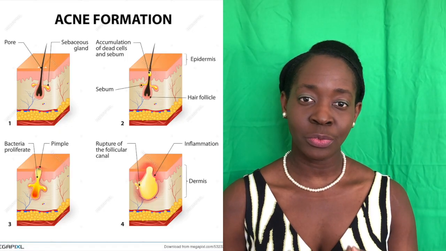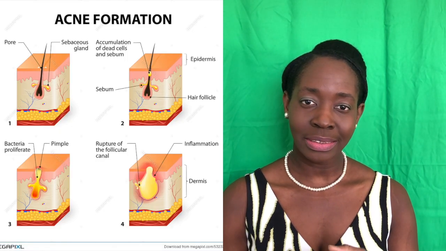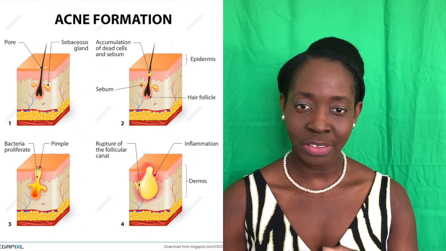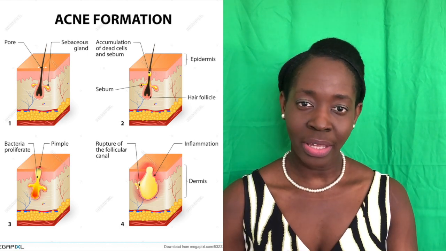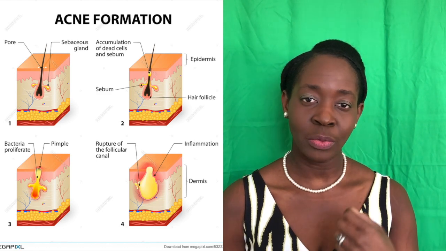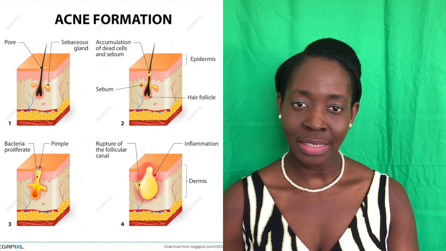Now in episode 1, we also looked at how your skin continues growing new cells all the time, and the old dead skin cells fall off or they shed off the surface of the skin. What happens with acne is that the skin that is being shed off is not completely removed off the surface, and then you've got the sebum producing the natural oils, which then clogs the skin cells that have not been shed off the surface of the skin, causing a blockage, which can then develop into either a blackhead, a whitehead, or your cyst filled with pus.